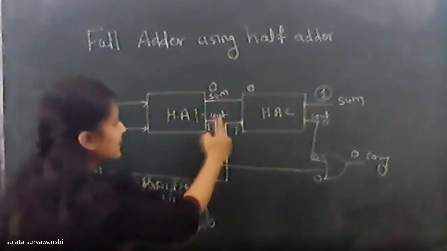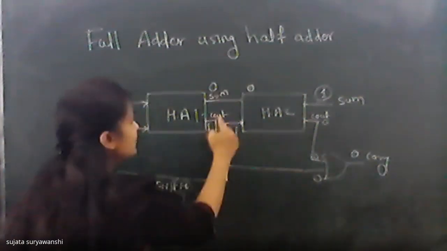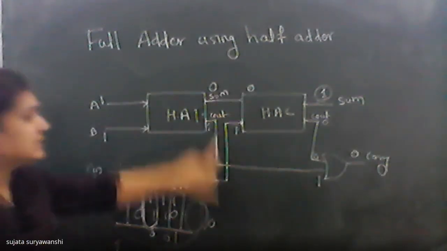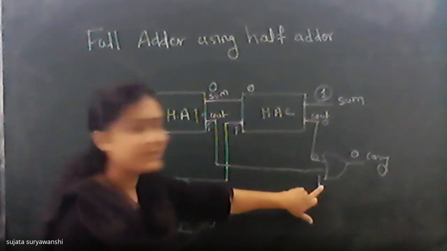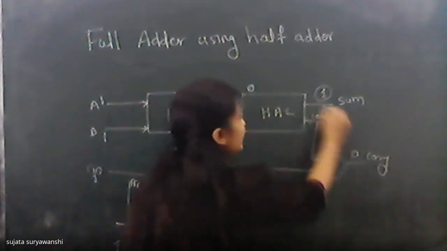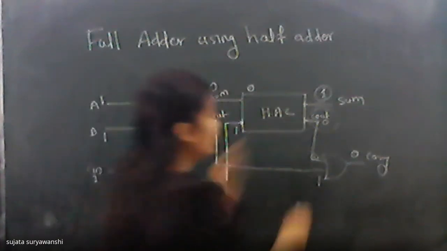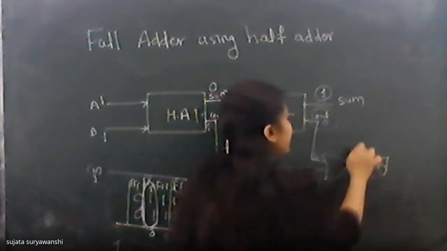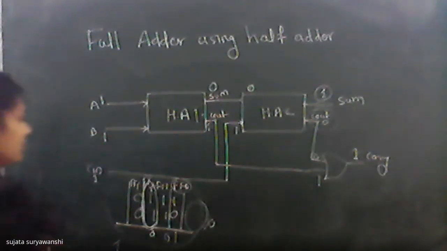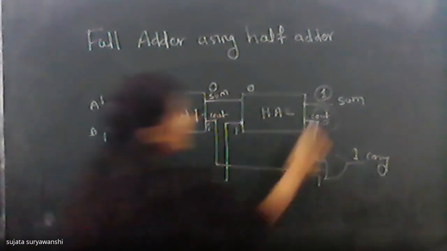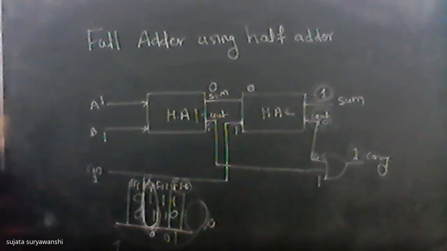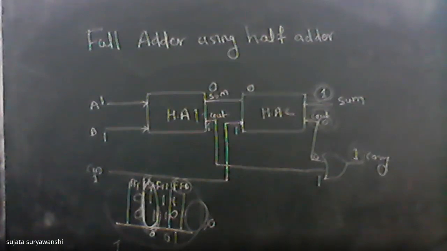But what about this carry? This carry becomes 0. And this 1, the previous carry, is given as one of the inputs to the OR gate. That is 1, and the carry out generated at the second half adder is 0. So 0 and 1, what is the output of the OR gate? Output of the OR gate will become 1 here. Okay. So after adding these two bits, you are getting sum 1 and carry also 1. Got it? This is the block diagram of full adder using half adder.